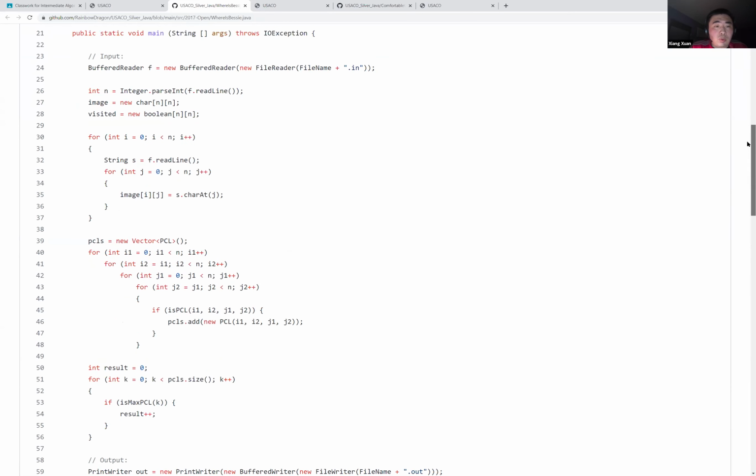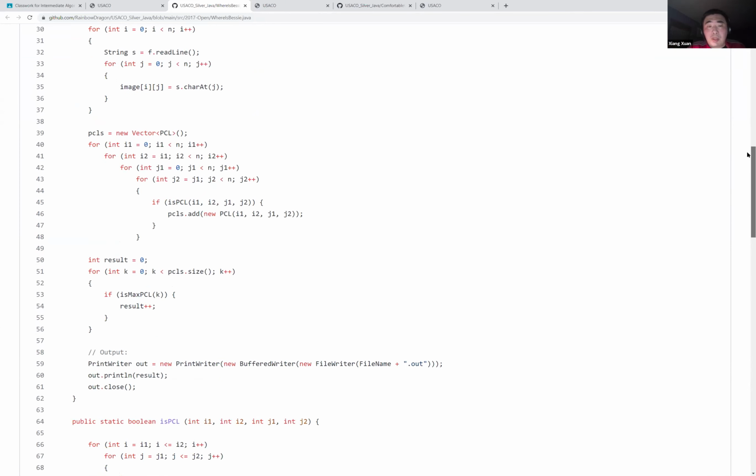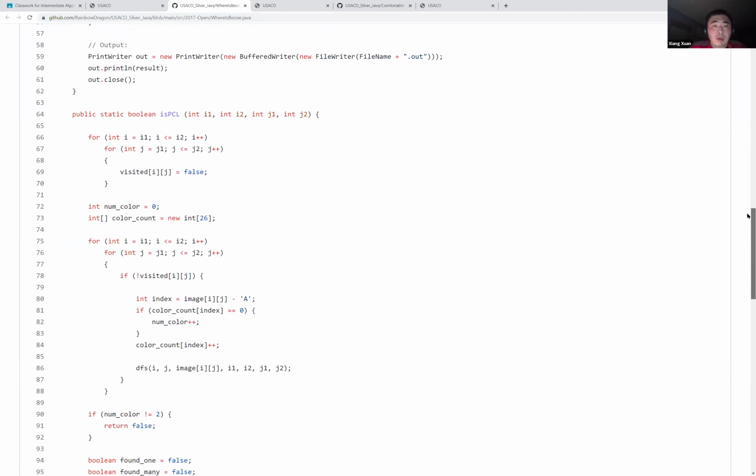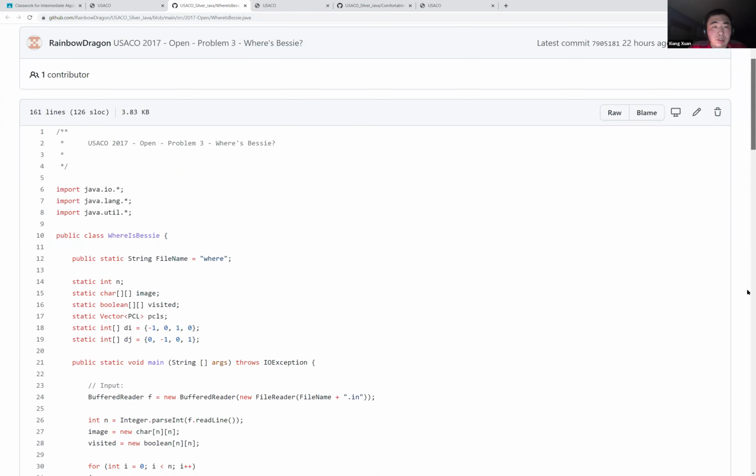So this is reading the graph. Then I have a for loop. Essentially, this iterates over all the possible different areas, right? First I'm checking whether this area is a PCL. If it's a PCL, then I'm adding it to the PCL list. So how to check a PCL? I need to check the PCL first, because I'm reusing the same visited